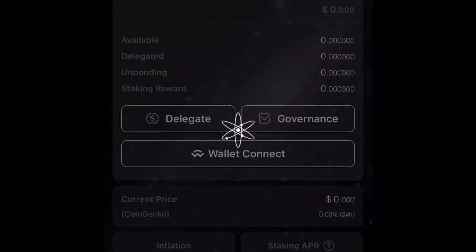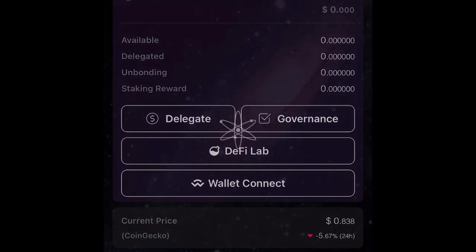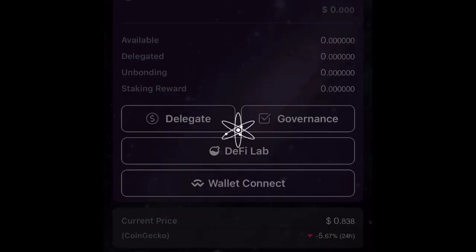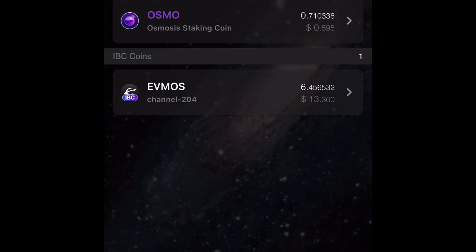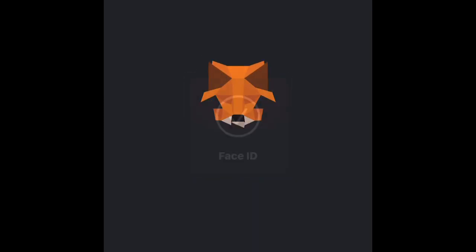So right now, if I go into my Osmosis wallet and I go right here, you're going to see in assets my Evmos under it, and this is where we're going, because this Evmos right here, this is how we're going to save money. We're going to come right back to this screen. But I just want to show you guys, when you have Osmosis Labs, since it's its own blockchain, you're going to see the assets you have in the swap under here until you send it out to another blockchain, to its native blockchain. So when you go to MetaMask, we're going to enter the Evmos main website.